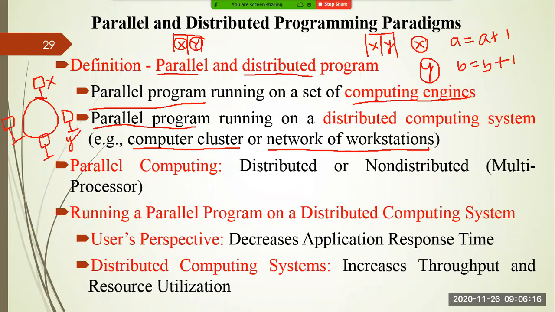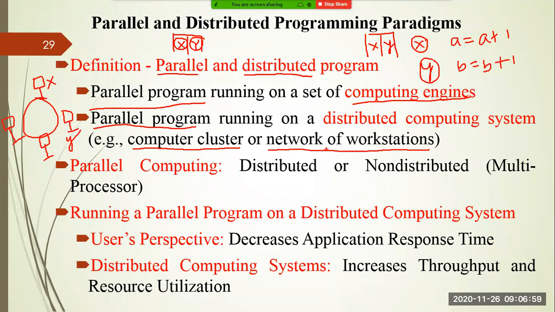like we define parallel programming, a set of computational engines connected via a network to achieve a common goal of running a job or application. Common goal means all the systems are working together to achieve a particular goal, or to run a particular application, or to run a real life application. So all need to contribute in order to achieve the goal, right? So here, as I mentioned, you can use the computer cluster or network of workstations in order to share the resources among various computing engines, right?